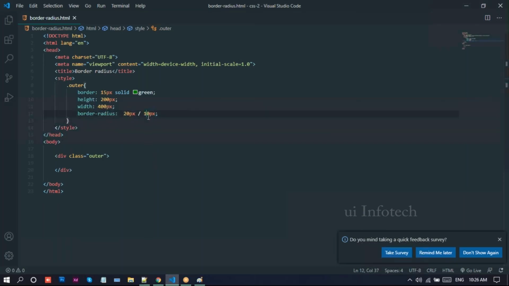Next, I'll take one more outer div. For this outer one, I'll provide the CSS.